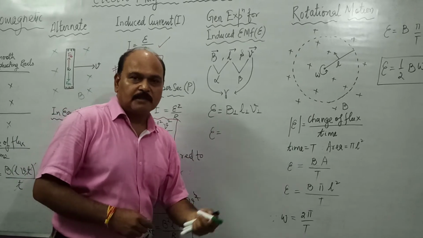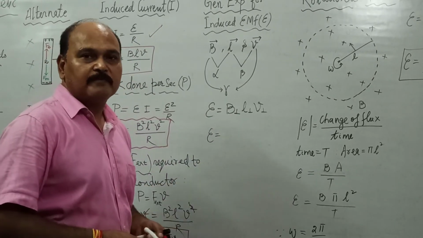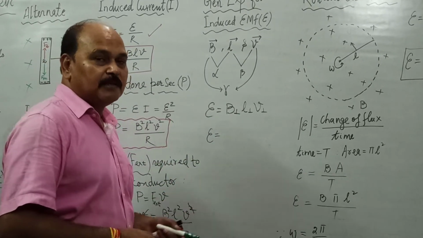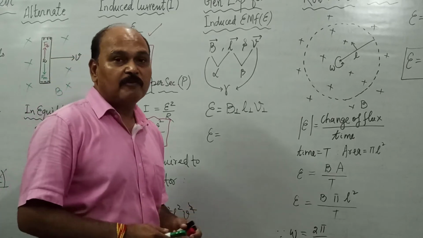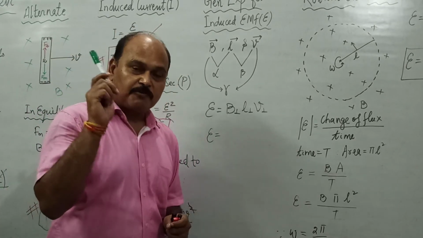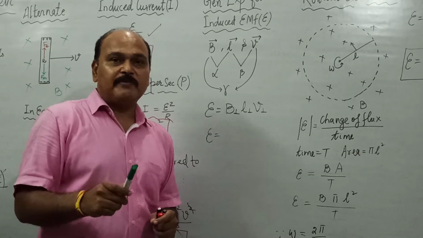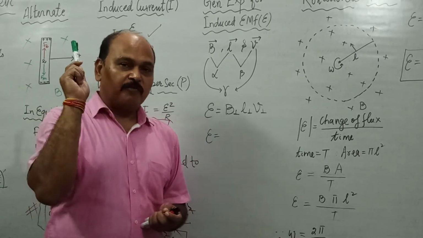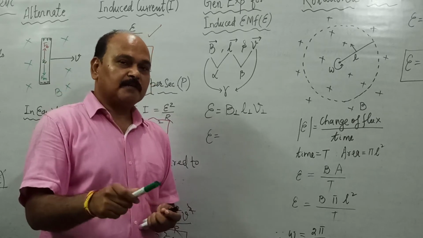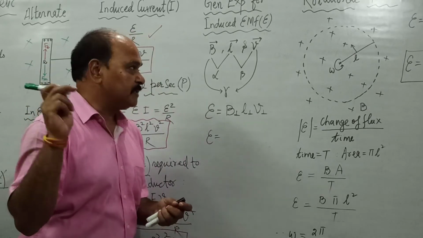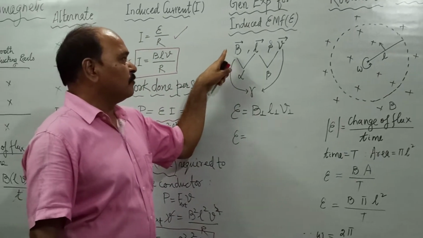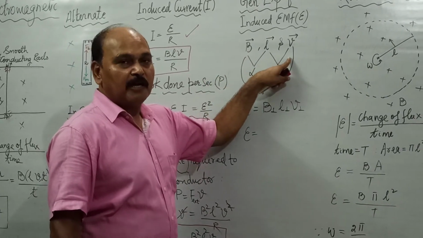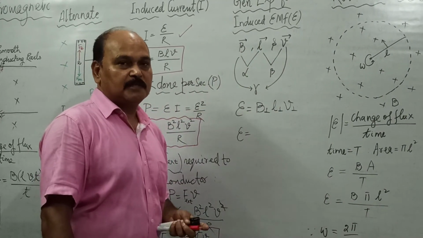Children, let us know the general expression for induced EMF. The situation in which we have found out the value of motional EMF is the situation where all three vectors involved here, that is length vector, velocity vector and magnetic field vector, are perpendicular. If we look at this derivation, there are three vectors involved, B, L and V, and all three vectors are perpendicular to each other.